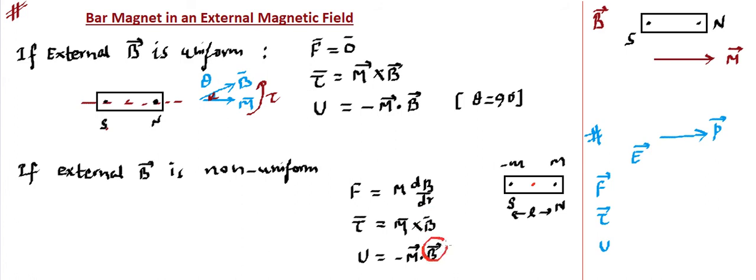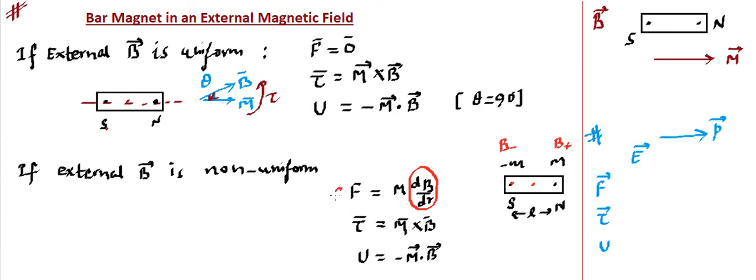So we will be putting the magnetic field of the center point here and of the center point here. Whereas in the case of force, we do dB upon dr, because for that we consider the magnetic field at this location and the magnetic field at this location. If they are different, then there is going to be a force. Okay, and if they are the same, then the force will be equal and opposite, and that becomes zero. That's the first case.